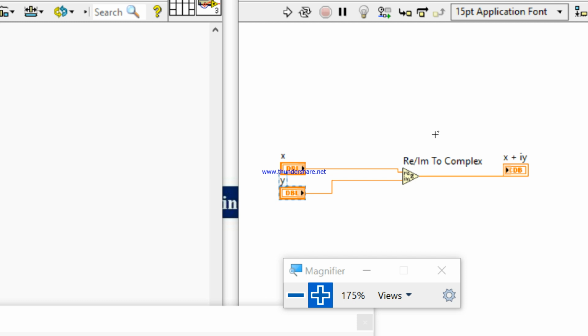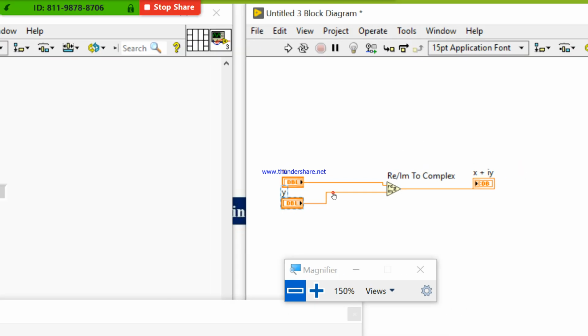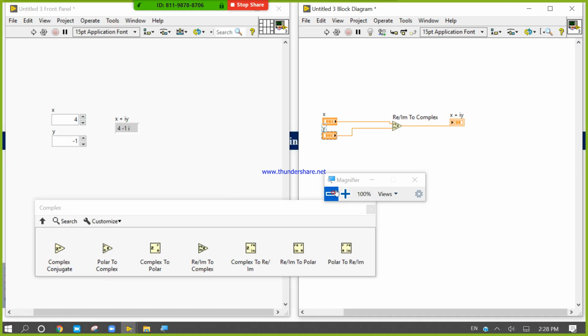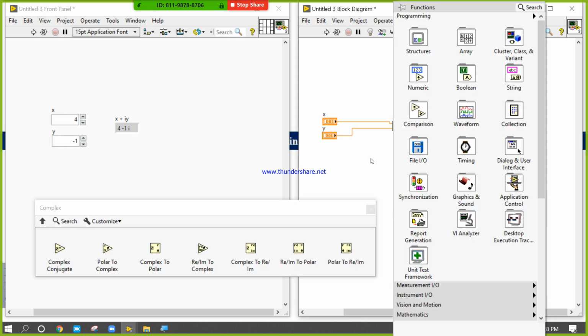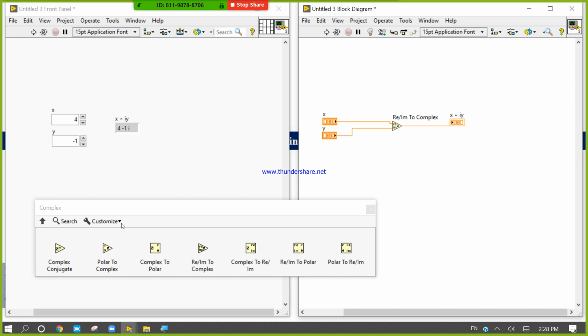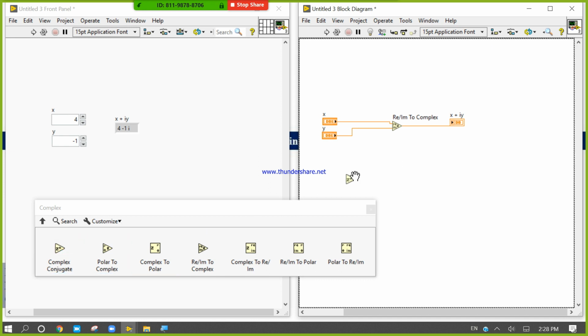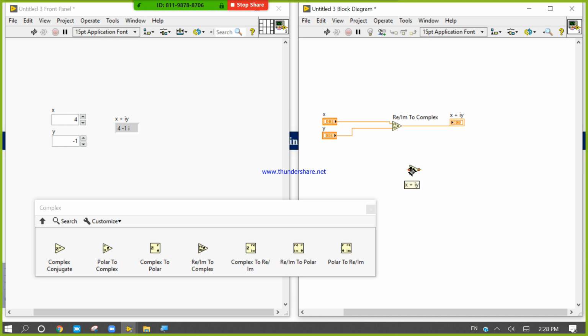Before that, let's do one more example. After that we will discuss. The example is: take complex conjugate. The first one is the complex conjugate. Connect like this. X will generate 4, Y will generate minus 1, and this function will combine them and generate 4 minus 1 iota, that we can read by this value.